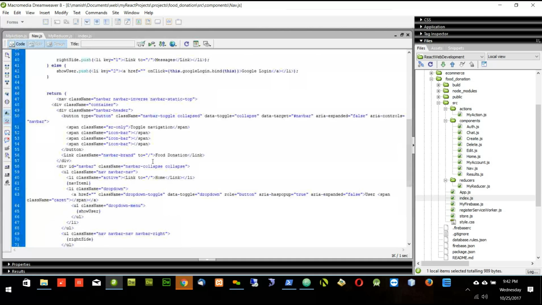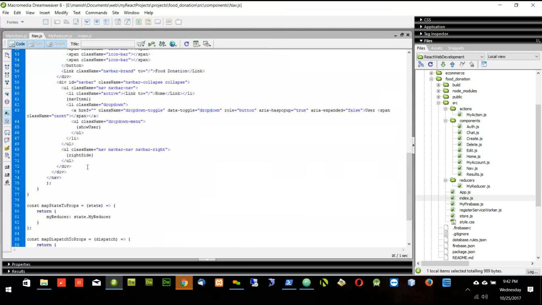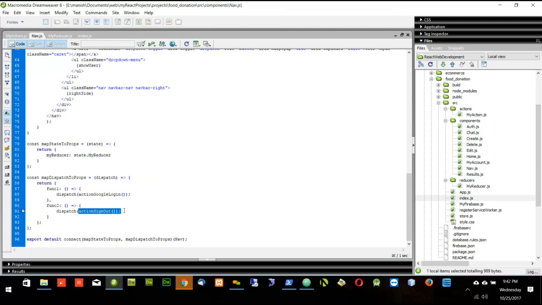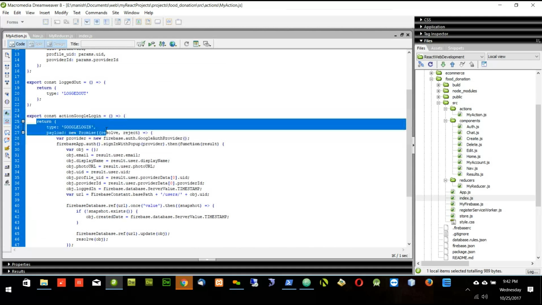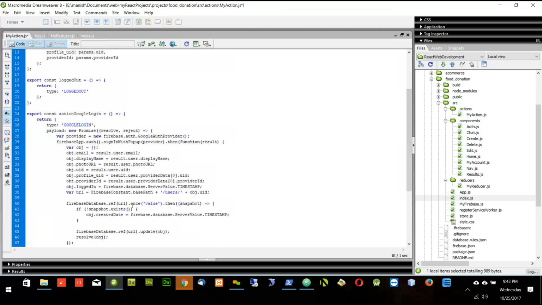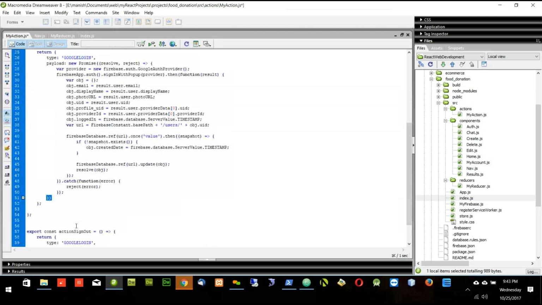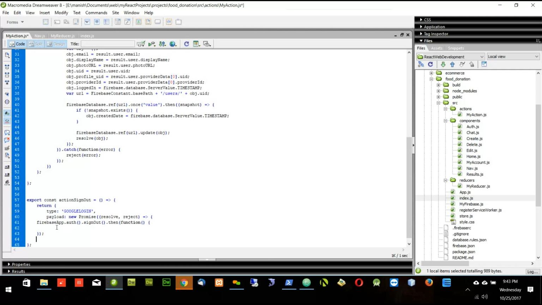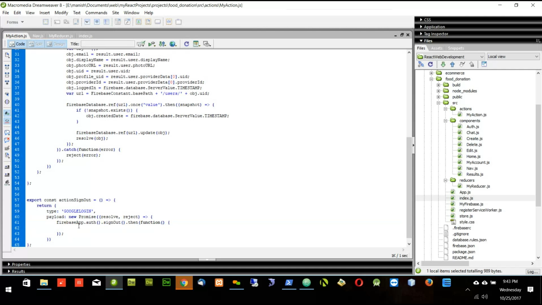So when the user clicks sign out, it will go to here, and from here it will call function 2. Function 2 will dispatch the action. The action will come from here. So here also we have to make it like this. Let me copy from here till payload, and then I will complete the payload, and inside payload I will put this Firebase authentication, and once this is written here, I will just